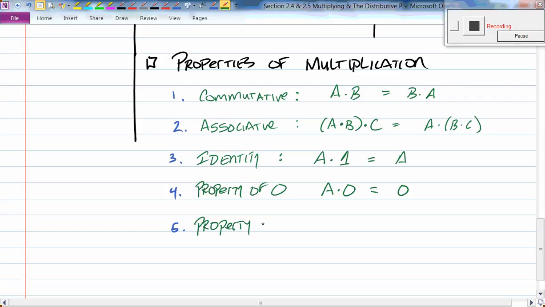Okay. Property of -1. Any real number, any positive real number, multiplied by -1 gives you the negative of that number. Unless, of course, your number was negative to begin with, because we would know that that would give us back